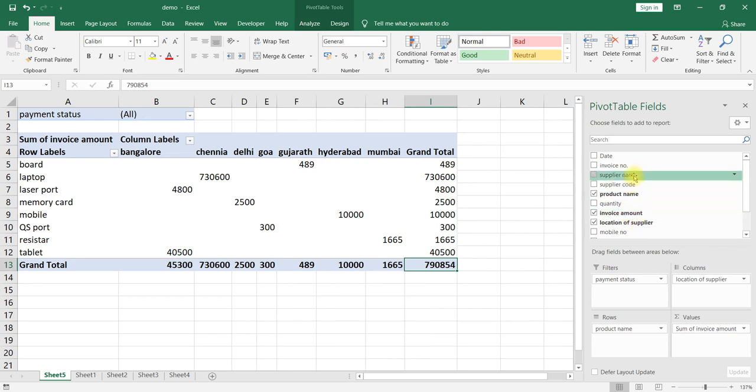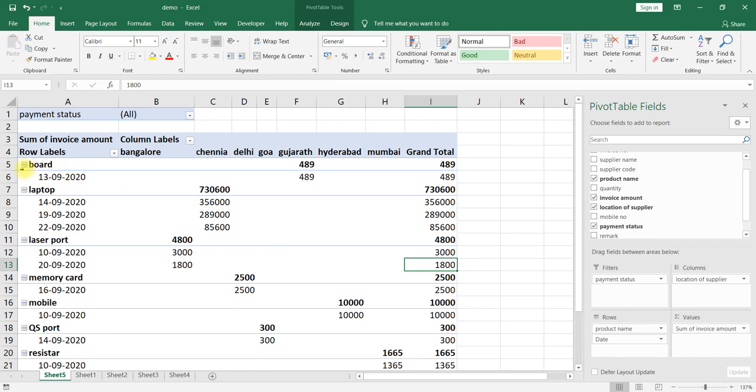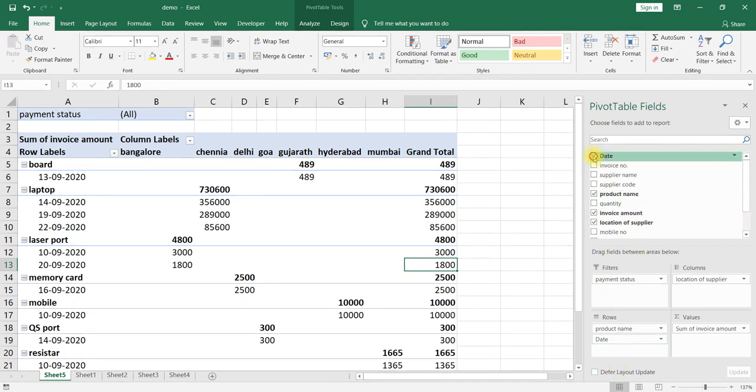For example, if you drag date into a row, now one more thing I am adding to the row. What will happen? Each product wise on that particular date, date wise it will also give the breakup. Date wise and product wise it will be given. Like this we can use. If you would like to take it off, how can we turn that off? We can either deselect the tick mark here, or else we can select that date and take it back to the field where your search field is there.